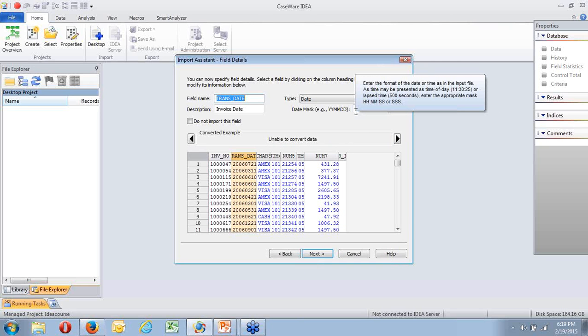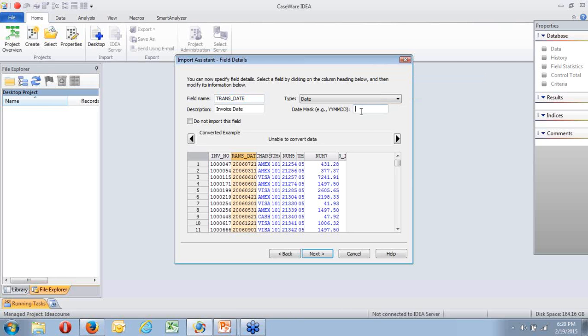Enter the format of the date or time as in the input file. Now thinking they should have given it to me as month, month, day, day, 4 years doesn't help. They did not give it to you as that. You can change the way it will print, but in definition you have to define the data as it is.